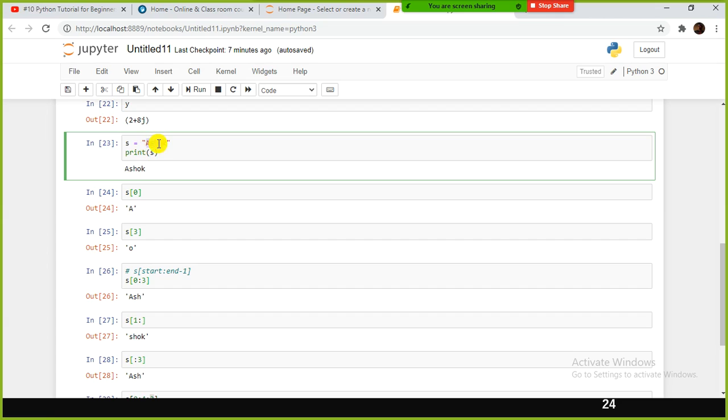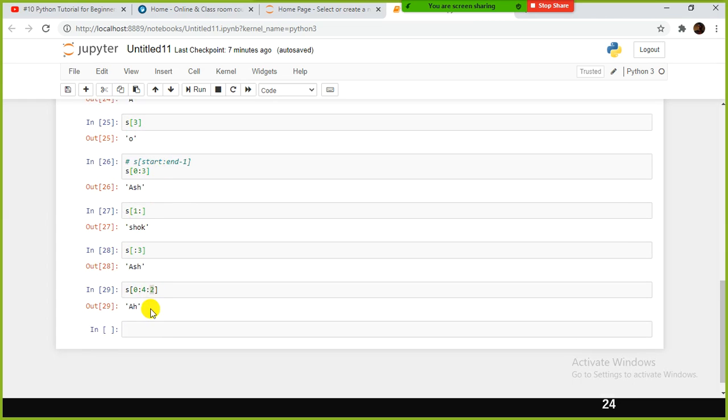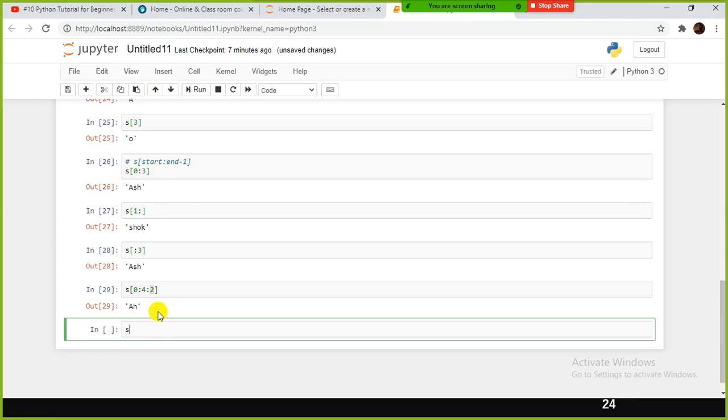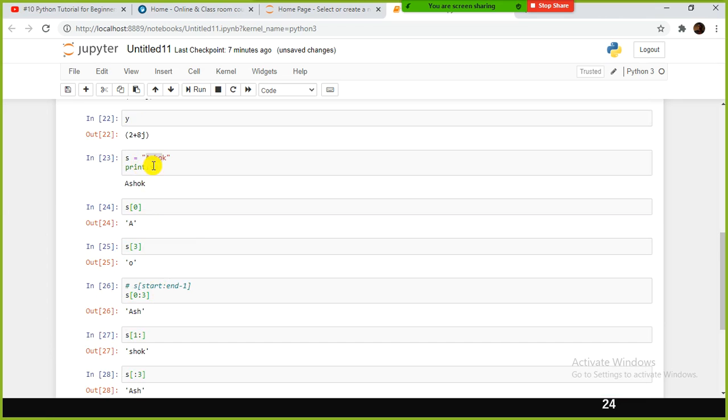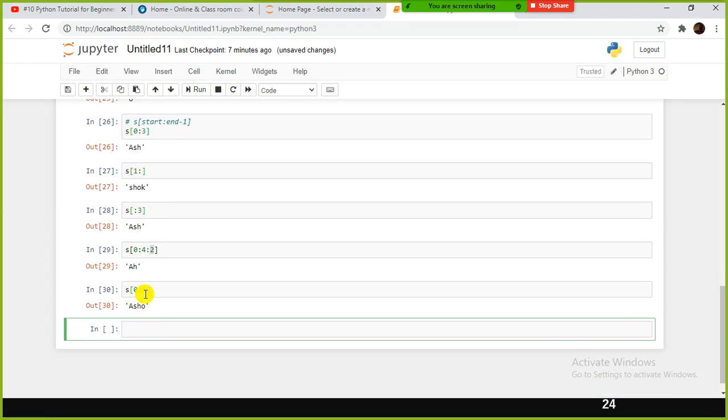But within these selected letters, if it jumps to the second position, A to H, A and H, and to jump to the next second position, it doesn't have any other value here. So, for example, if you use 0 colon 4, Sudeep, are you getting it? You are a fresher. ASHO, right? Because we are selecting from the start till 4 but excluding 4.